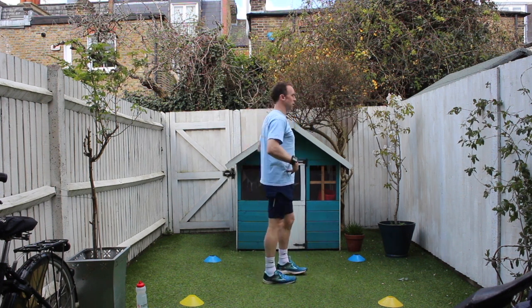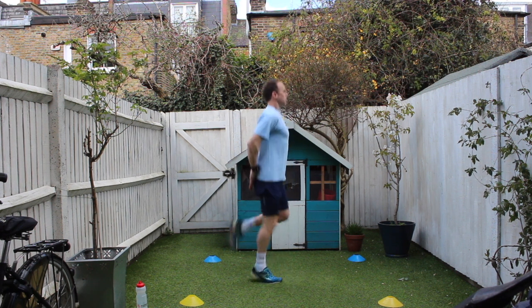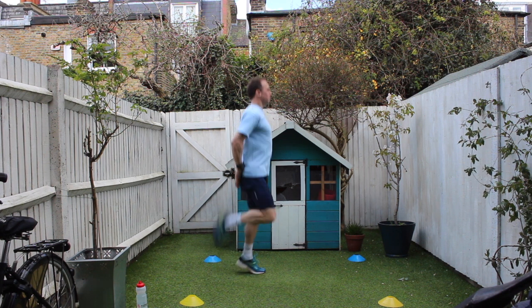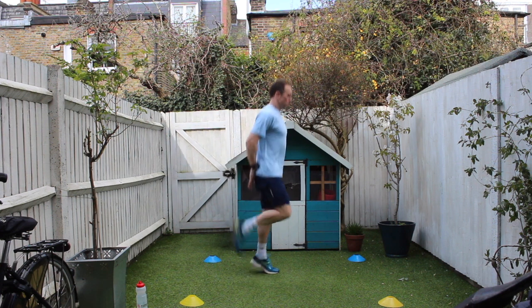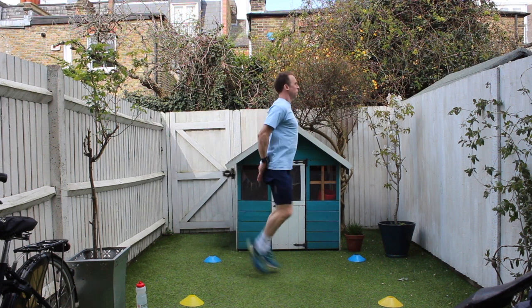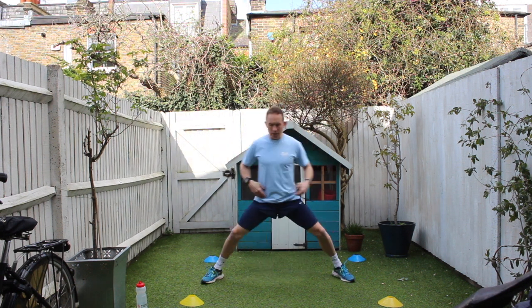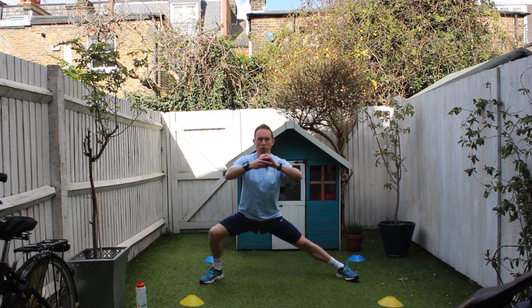Now you're going to go into heel flicks, so kicking your bottom. That's it, so lengthen out the spine, kick your glutes. Well done. Now turn to the side here, and you're going to sit back, so you're feeling that pull